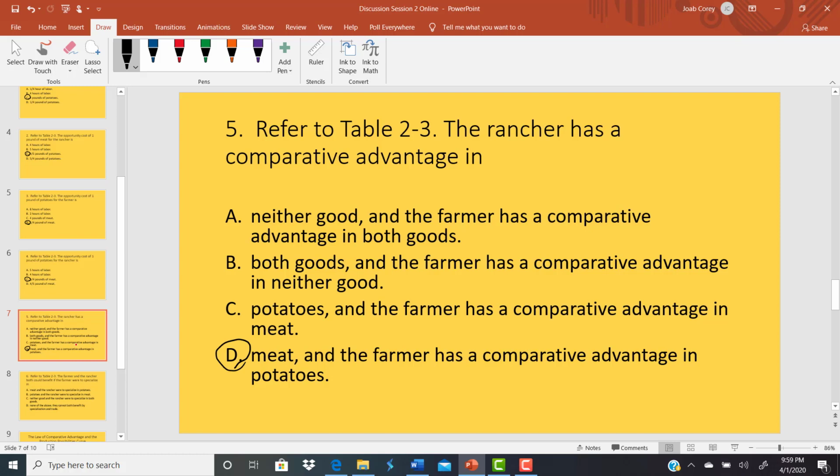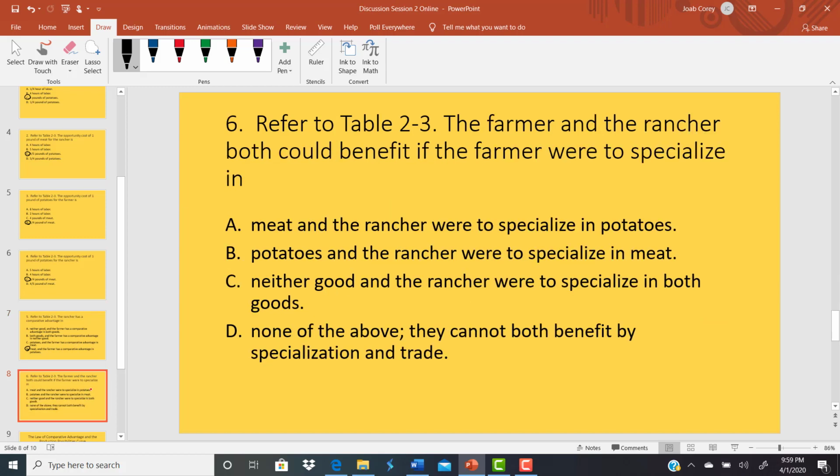So D is the answer you're looking for there. Remember that you can't have a comparative advantage in both goods, and you can't have a comparative advantage in neither good. So you can have the absolute advantage in both goods, but you can only have the comparative advantage in one. And then the next question here says, the farmer and the rancher could benefit if the farmer were to